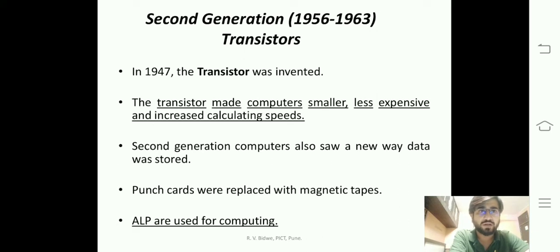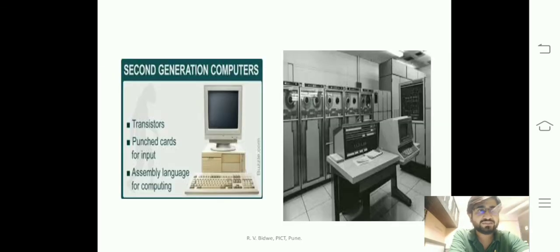Okay, and that programming language was assembly language programming, which is a low level language, right? In the next semester we have one subject called microprocessor. In microprocessor we are going to learn this assembly language programming. Whatever languages we use today, all these are high level languages, maybe C, C++, Python and all. When you execute a program written in these high level languages, that program will be converted to an assembly language program, and that assembly language program will be executed by the computer. So in the next semester we will learn assembly language programming. So do remember, the second generation of computers was the first generation of programming.